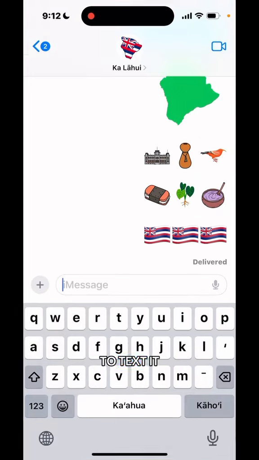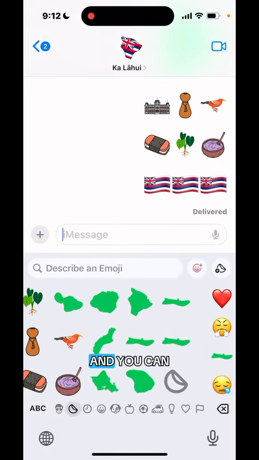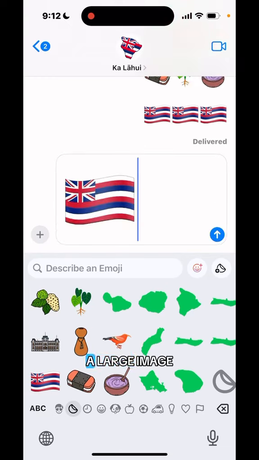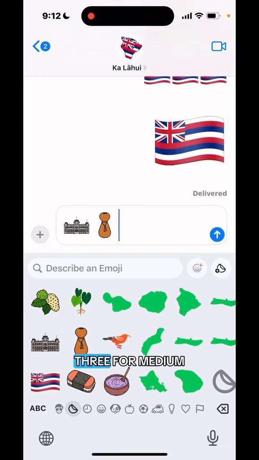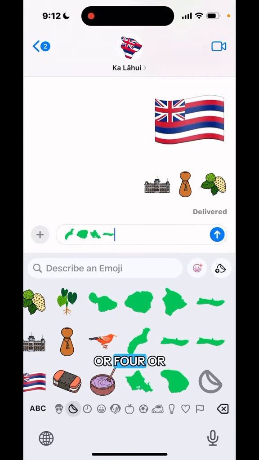When you go to text, it should appear when you click emoji, and you can do 1 for a large image, 3 for medium-sized images, or 4 or more